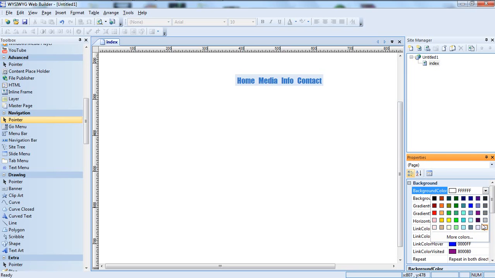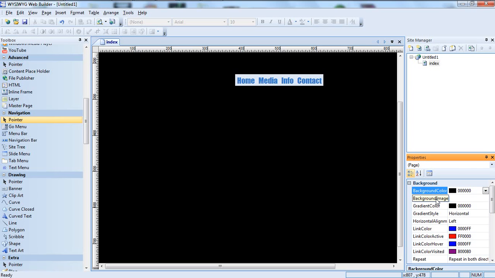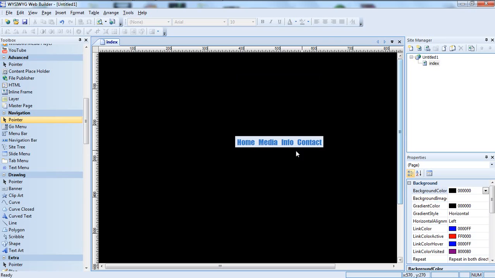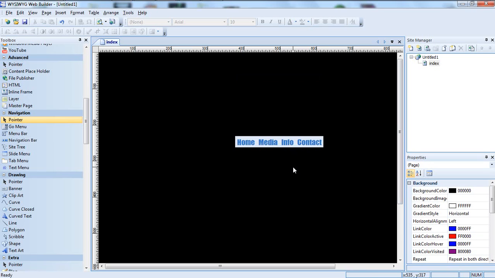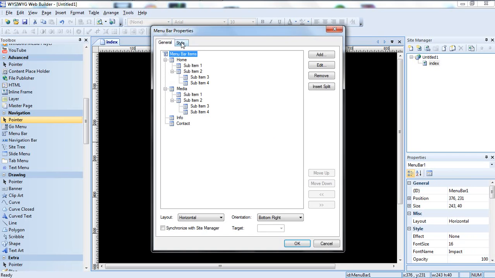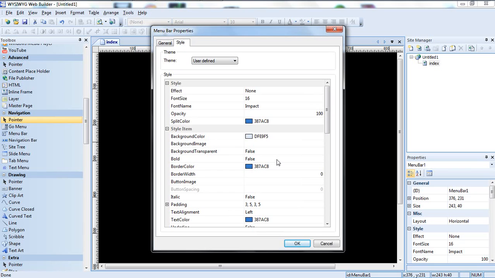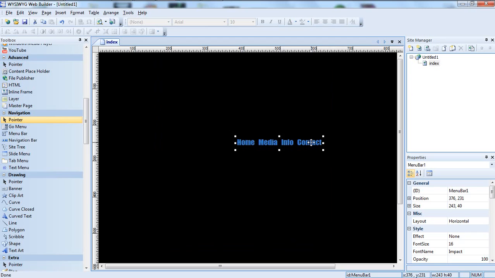I'm going to just randomly pick, let's say black, all black. Okay. Now you can see my menu bar a little bit even more noticeable now because it's pretty much in front of a very dark background. Because of that, I'm going to choose to change my background color to the same, because to me it doesn't look right to have that one block around it,